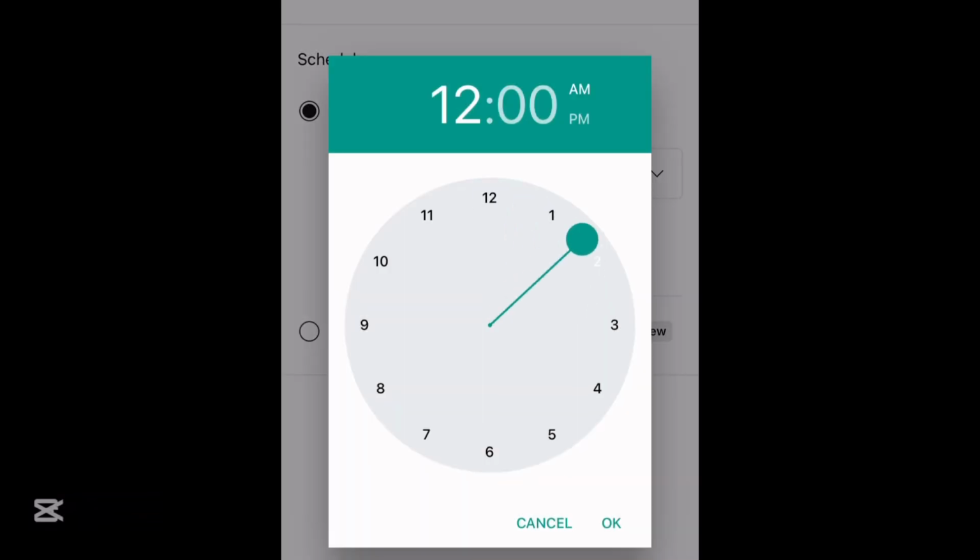This is the hour and the minute. For the hour time, you just roll the clock how you want it, whatever time you want. Then you move it to the minute side. The highlighted one is the one you are picking at that point. Then you also have the option of AM and PM. Make sure you know what you are putting specifically, if it is AM or PM.